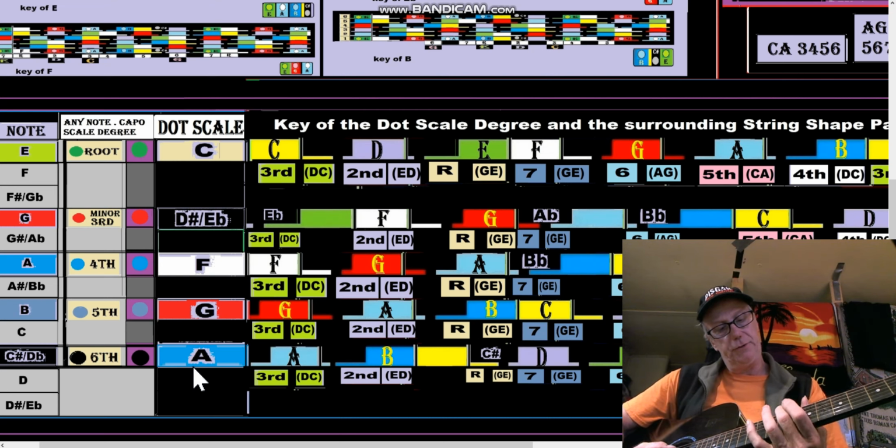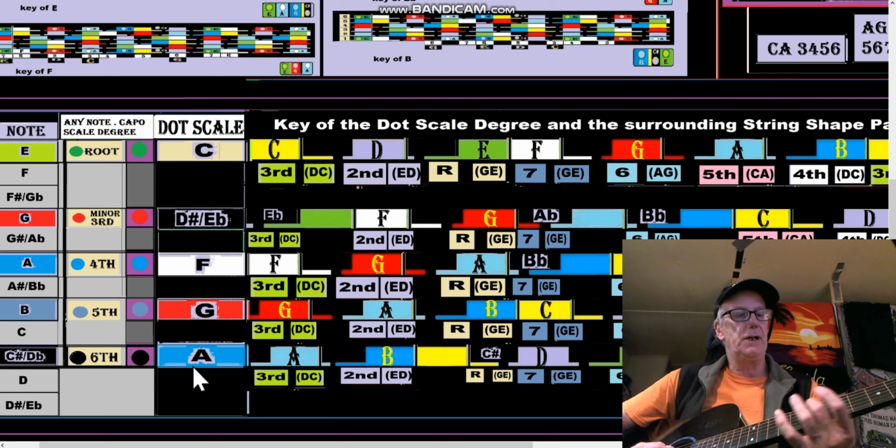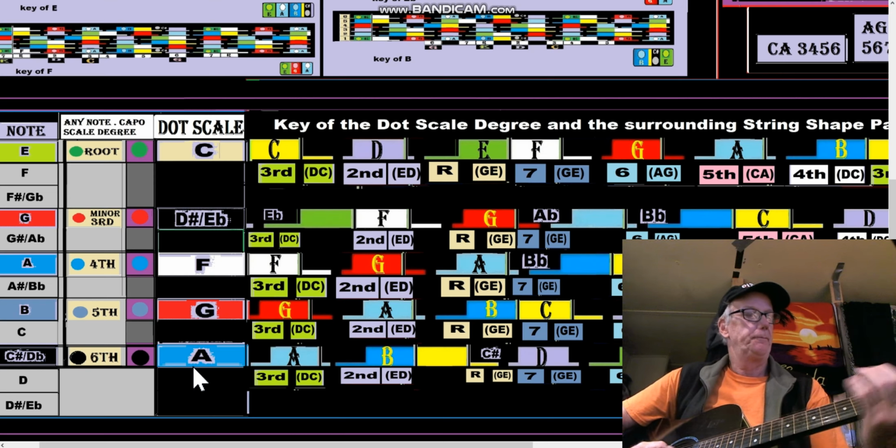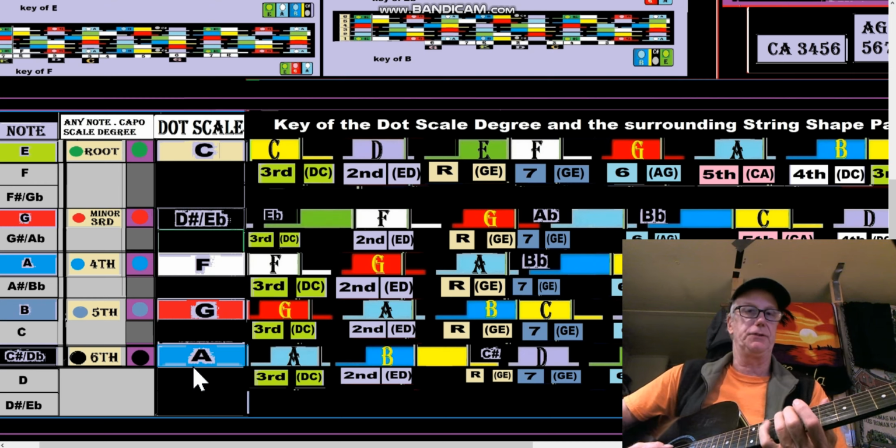So if this dot was on the C sharp thing, say this dot's on the 6th, which is the C sharp dot,